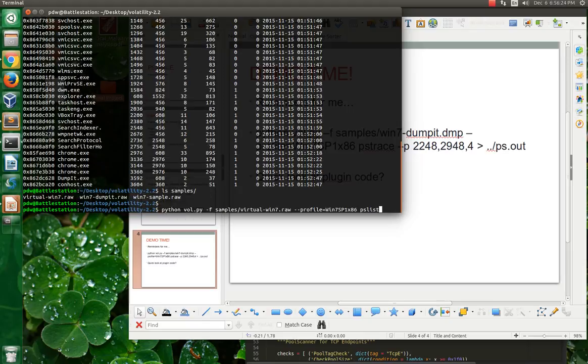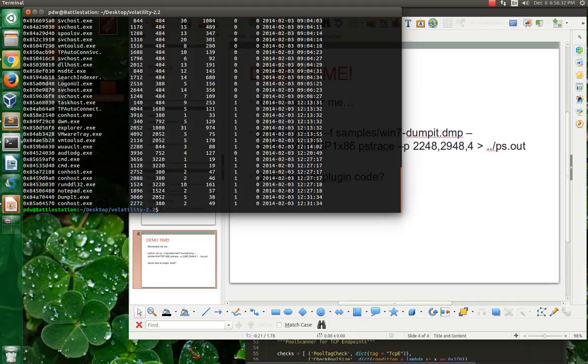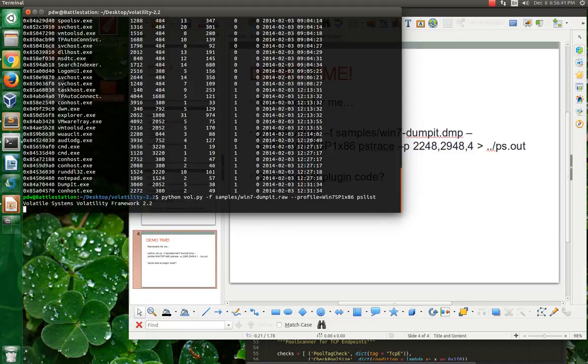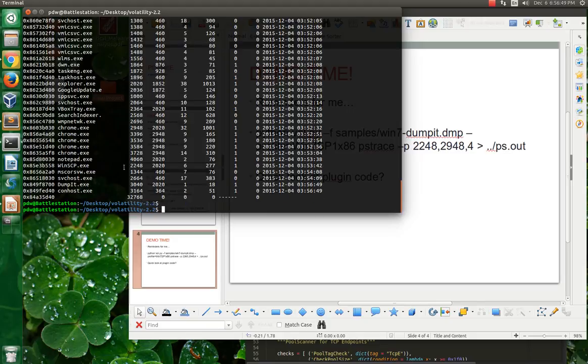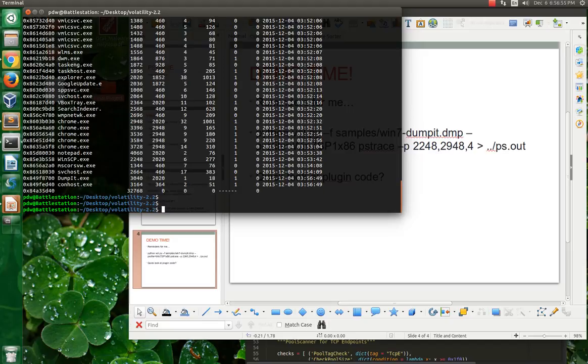One of these has WinSCP running on it. That's the one that I want. Okay, so this one is WinSCP running on it. So we'll check that one out. We'll check out the WinSCP, and then we'll check out this Chrome process, and maybe another one, and we'll see what goes on. So we use PsTrace -p, and we can pass in 2248